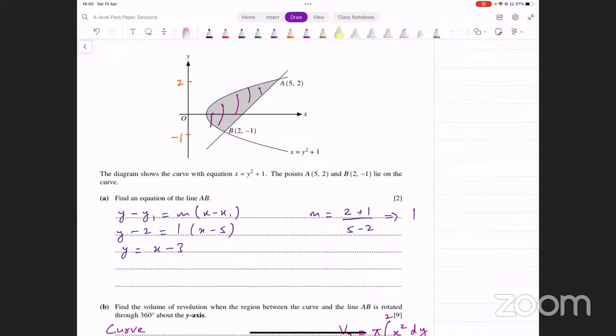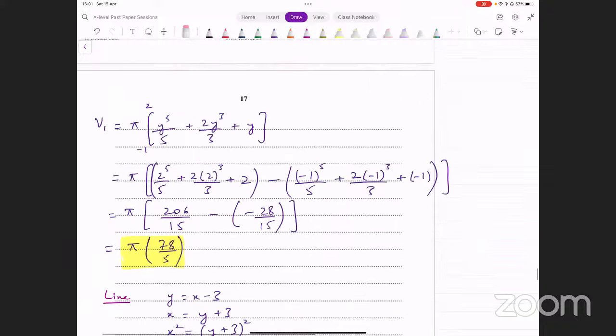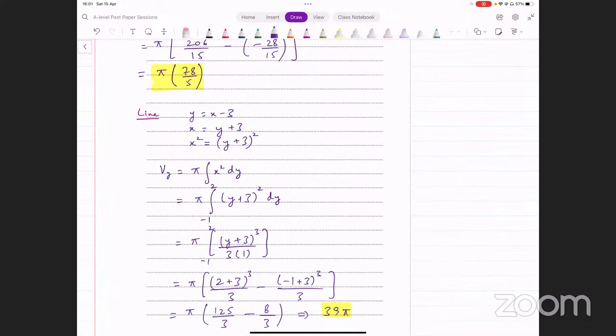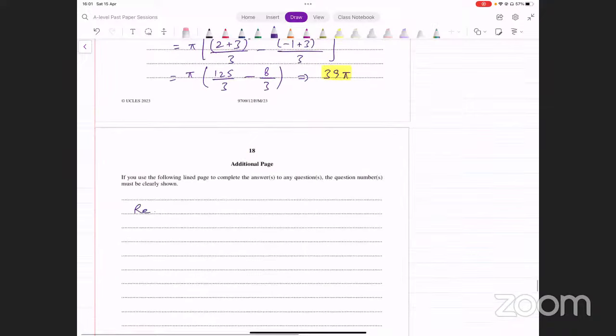ये पूरा रोटेट करेंगे तो वॉल्यूम ज्यादा आएगा, और कर्व और वाई एक्सिस के दरम्यान में कौन सा एरिया आ रहा है, कर्व और वाई एक्सिस के दरम्यान में सिर्फ ये वाला एरिया आ रहा है. इसको रोटेट करने से कम एरिया आएगा, तो कर्व को रोटेट करने से इस केस के अंदर कम एरिया आ रहा है, लाइन के वाले एरिया को रोटेट करने से ज्यादा आ रहा है वॉल्यूम. ओके, तो इसलिए लाइन वाला वॉल्यूम बड़ा है, कर्व वाला छोटा है. तो फाइनल वॉल्यूम आपके पास क्या आ जाएगा, you will just find the difference of the two required volumes,